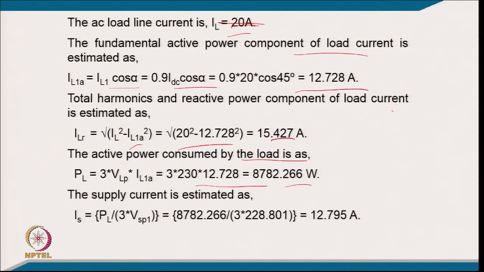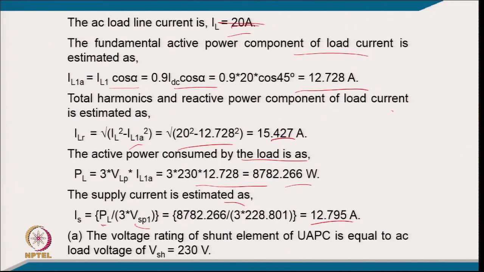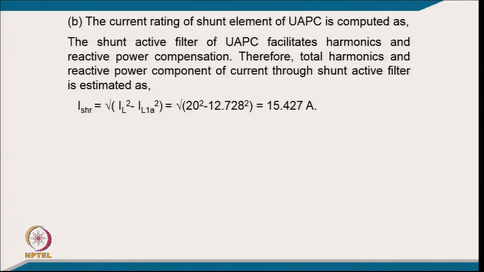8782.26 watt, and the supply current is calculated from the power and the fundamental voltage in the supply, so it comes 12.795 ampere, and the voltage rating of the shunt element is equal to the phase voltage of 230 volt, because it is a 4 wire system, and current rating of shunt element is calculated